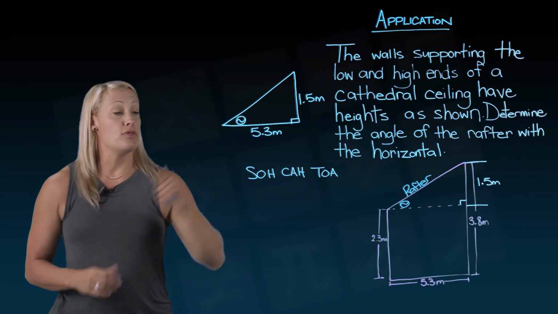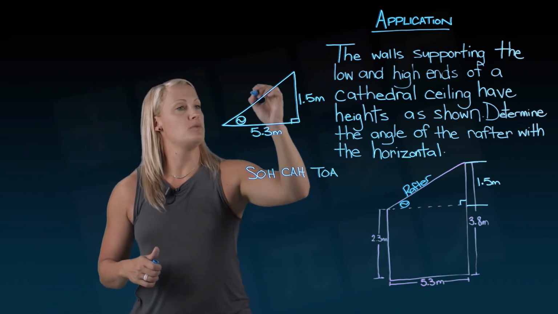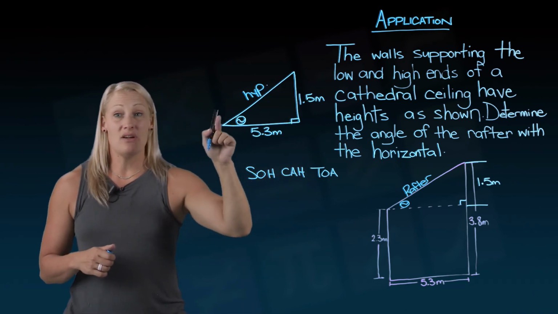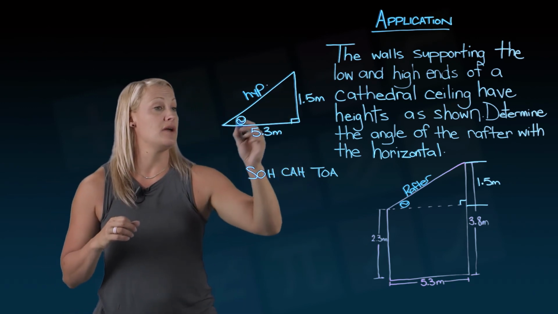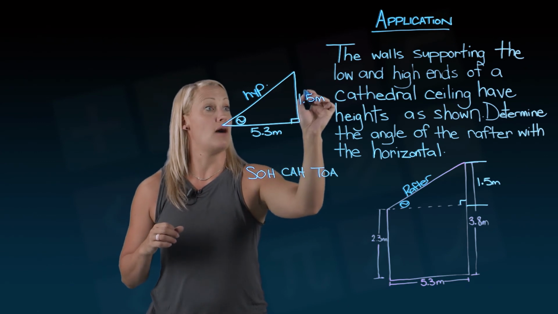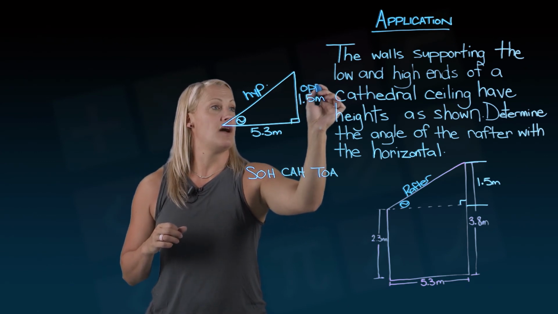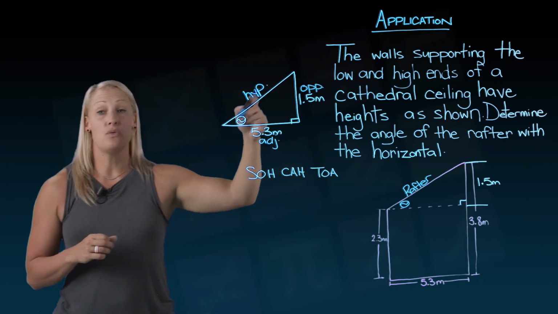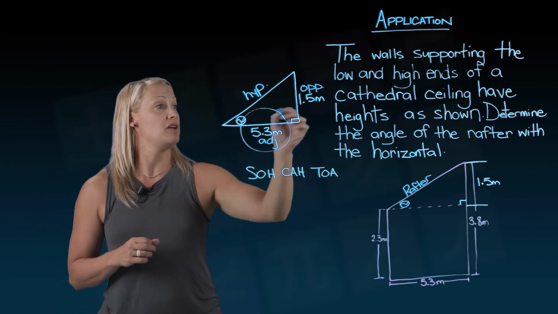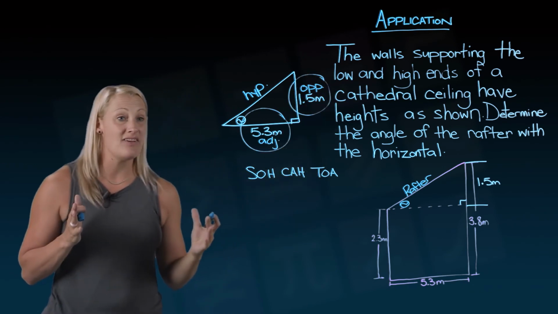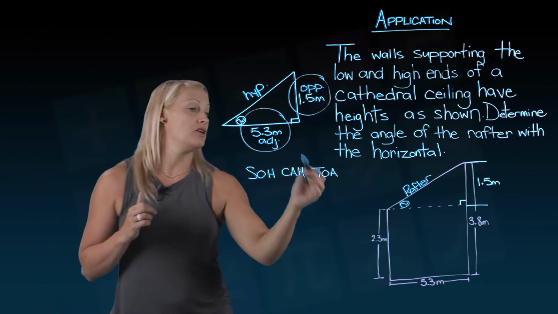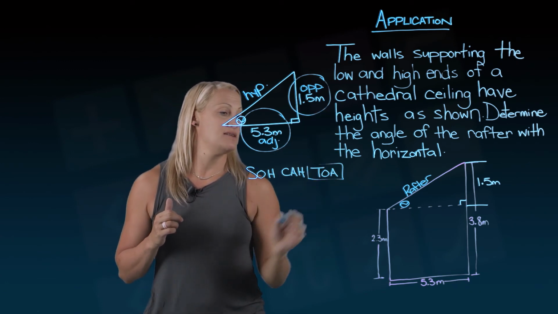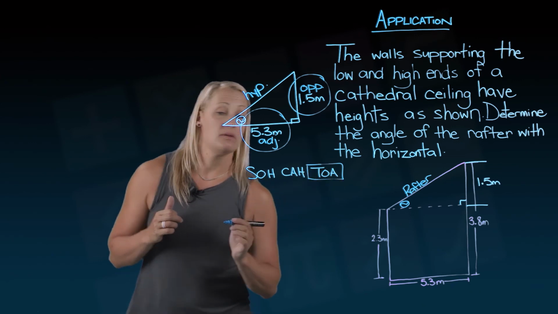Let's first label those sides. Right across from the right angle, hypotenuse always. Now I've got the angle I'm trying to find. That's the angle that's going to be in my calculation, which means right across from it, right opposite of it, is my opposite side. And my leftover is adjacent. I'm not going to worry about hypotenuse. I'm going to use adjacent and opposite because I have them. So of these three ratios, adjacent and opposite show up in tan. So I'm going to use my tan ratio.